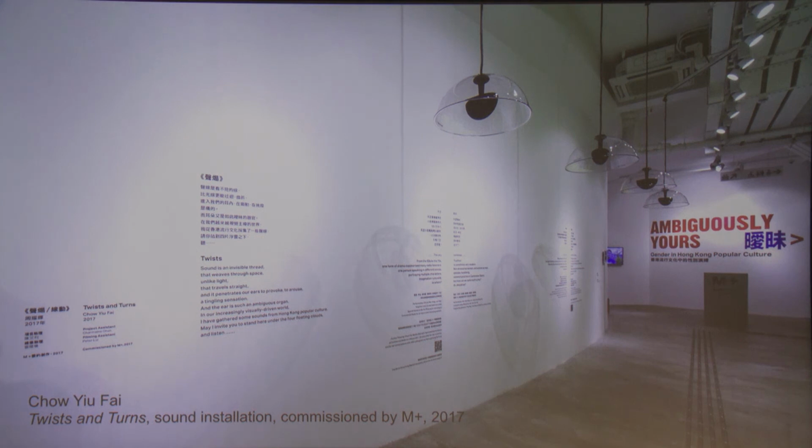Some of you may know him. He's a specialist on gender, kind of transnational popular culture, and he produced a beautiful commission that you can see that visually it's very spare, but his point was that there is a lot of ambiguity in our sonic lives, if you like, and he looked at his own experience of popular culture, which was primarily mediated through radio, and looked at radio dramas, looked also at Cantonese opera and men playing women, women playing men, also outtakes, the kind of breathing sounds that artists make in between recordings, and finally he did a remix of a track. He's also a very famous lyricist, a track that he made for a pop star here called Juno Mak,